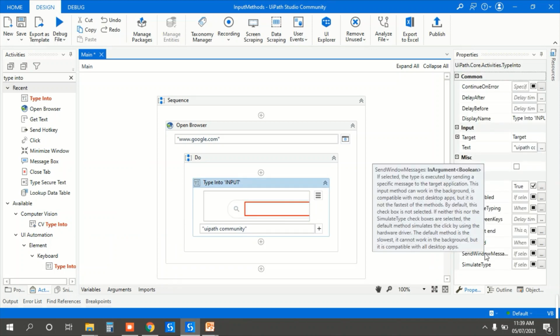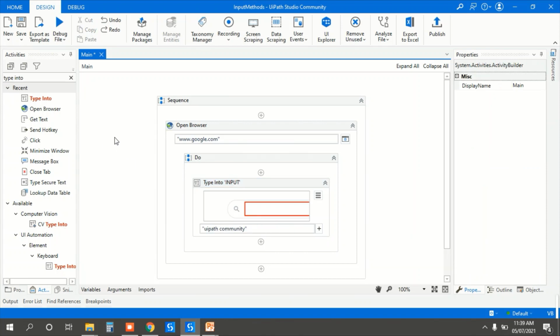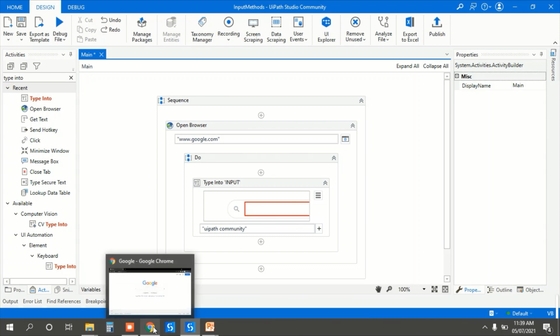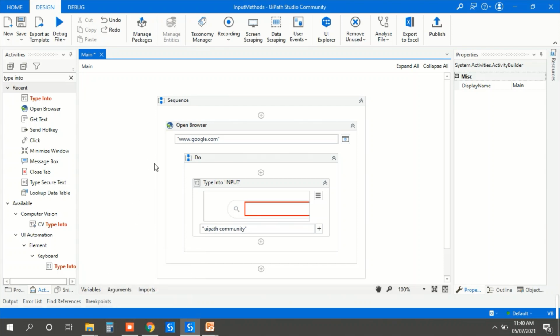I will uncheck both the send window message and simulate type, so that means the default method will be executed. As we know, the default method cannot work in the background. That means the browser must be open while executing the type into activity. So we will close the browser forcefully and see if it types UiPath community or not. Let me run this.